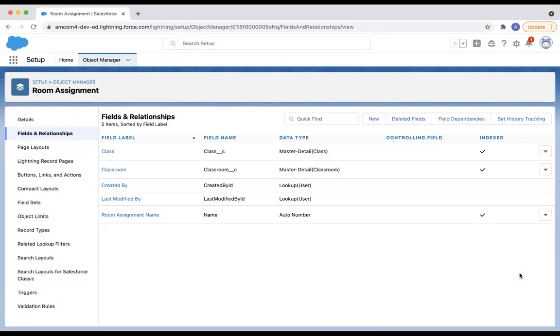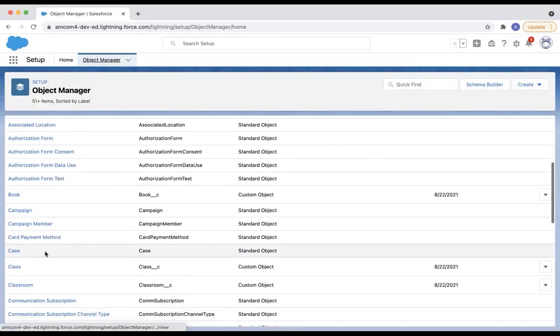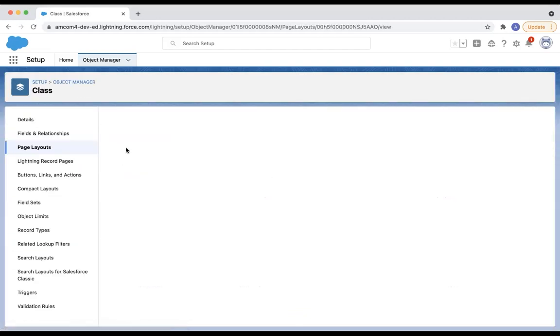So our related lists have already been added to our page layouts. We just need to make sure that under that related list, it's going to say the student's name or the class name. So let's go back to Object Manager. Let's go down to Class. Page layouts on the left. Select the page layout. So when it loads up, what we want to do is look at the related list that